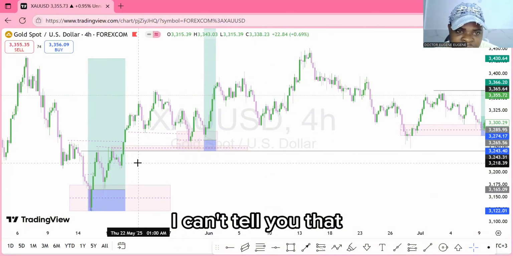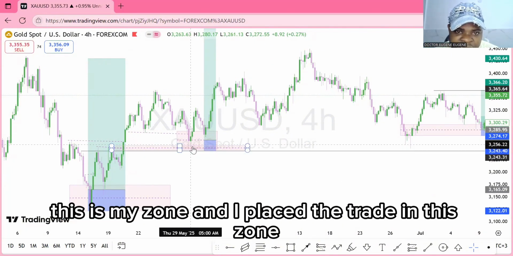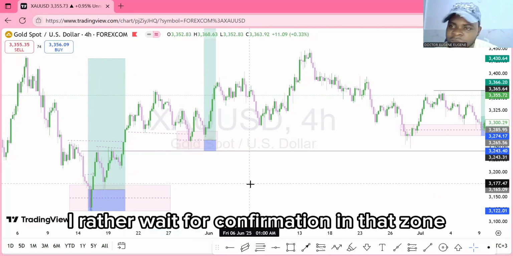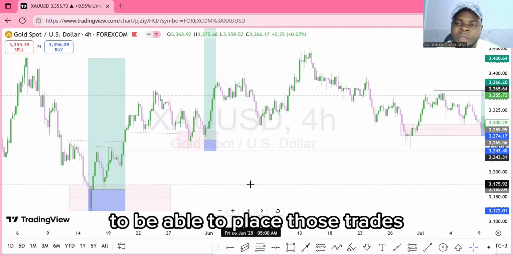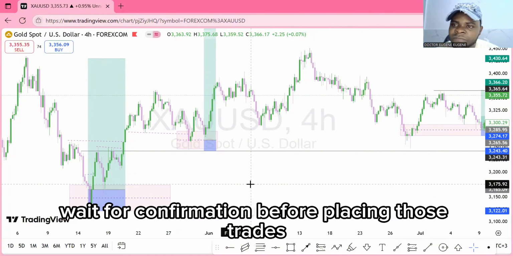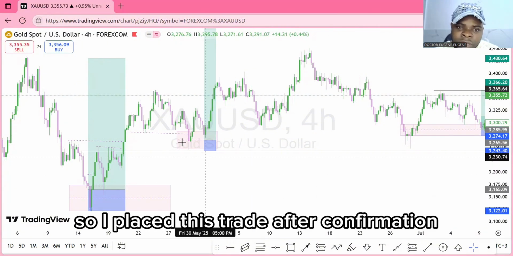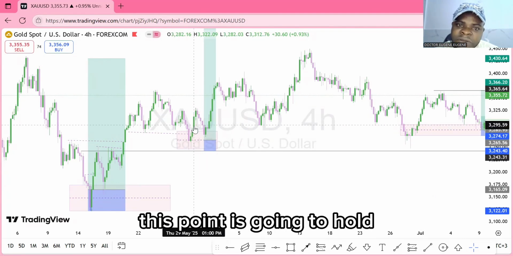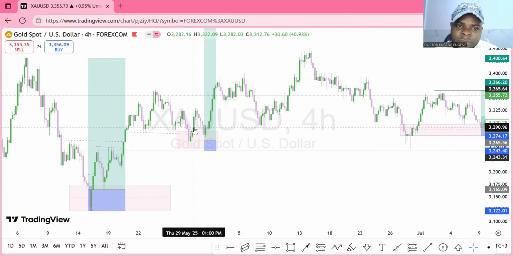I can't tell you that this is my zone and I place the trade in this zone. I don't trade like that. I'd rather wait for confirmation in that zone before placing those trades. So I place this trade after confirmation because there is a pull up here telling me that this point is going to hold. Because if